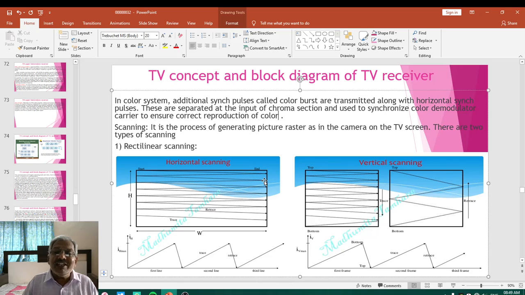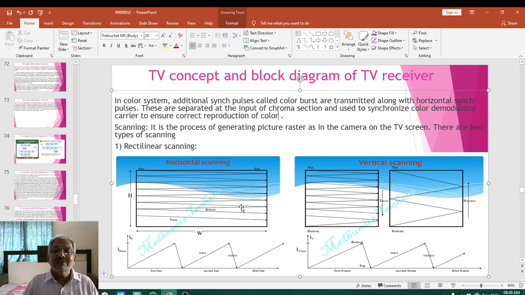When it reaches the right, the retrace period begins, the screen is blanked, and the spot moves back. Again it moves from left to right, and again from retrace it moves from right to left. And this process of moving from left to right and right to left continues